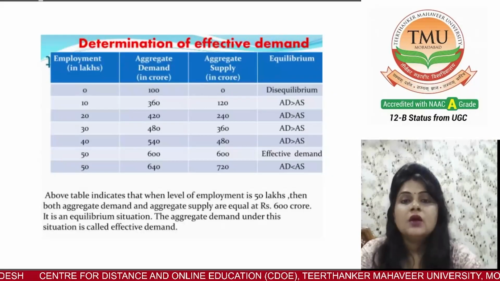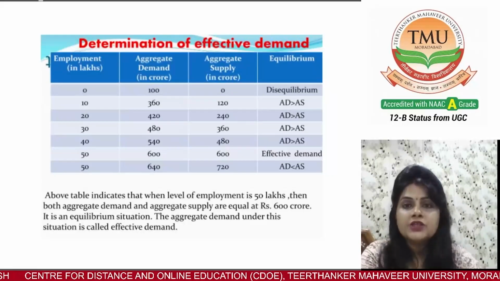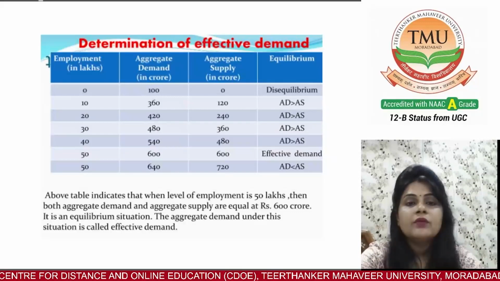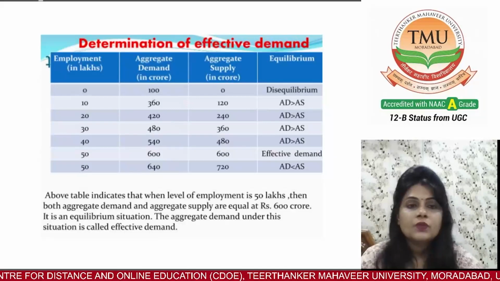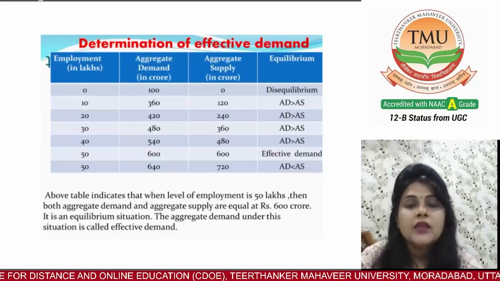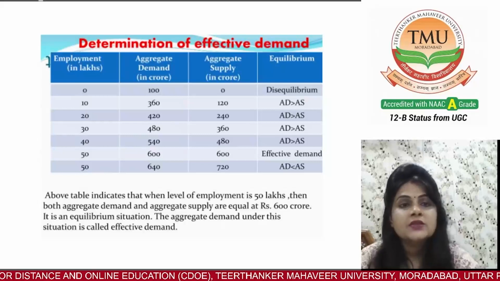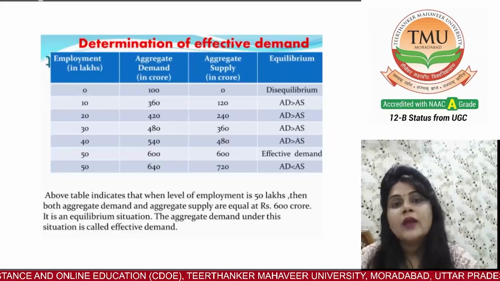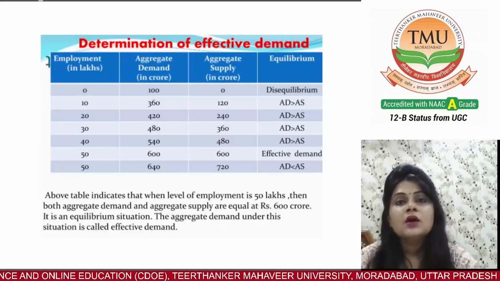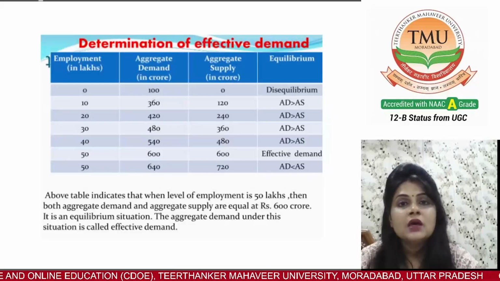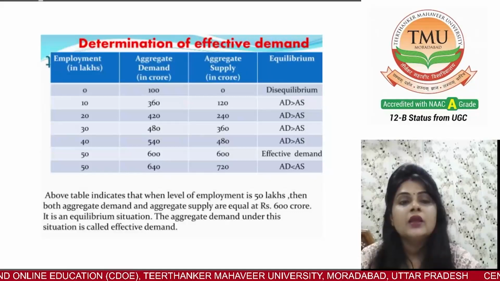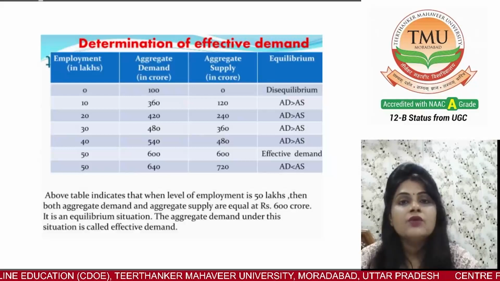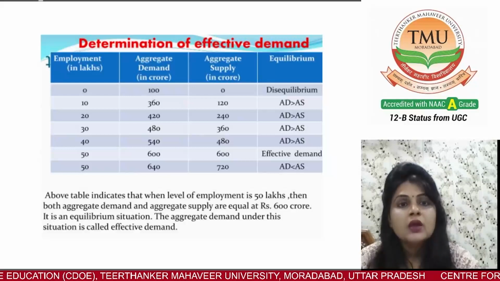The following table explains the determination of the point of effective demand. As you saw in the table, the aggregate demand price is higher than the aggregate supply price. It is profitable for the entrepreneur to employ more workers when they expect to receive 360 crore, 420 crore, 480 crore and 540 crore,